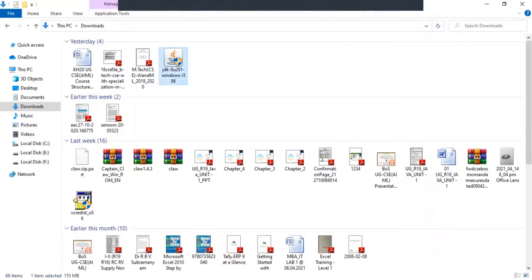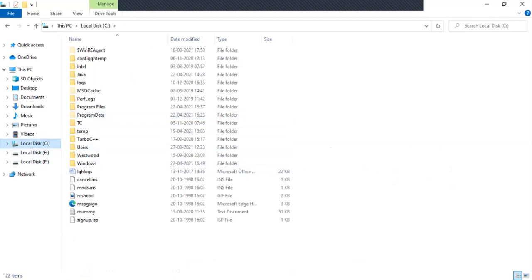Then after installing this JDK version on your computer, just follow the installation procedures one by one. I'm skipping that one.